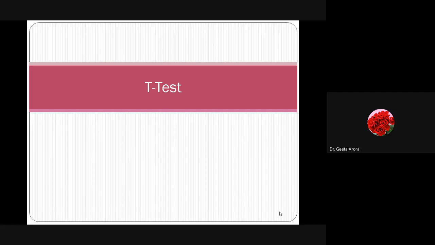So now we are going to start with the t-test. We have to be very careful now, because we have learned one test, and whenever we learn another test, if the first one is not clear, the second is just going to make us confused. Okay? So we have to look at when we have to use the Z test and when the T test will be preferred over the Z test. Let's start.